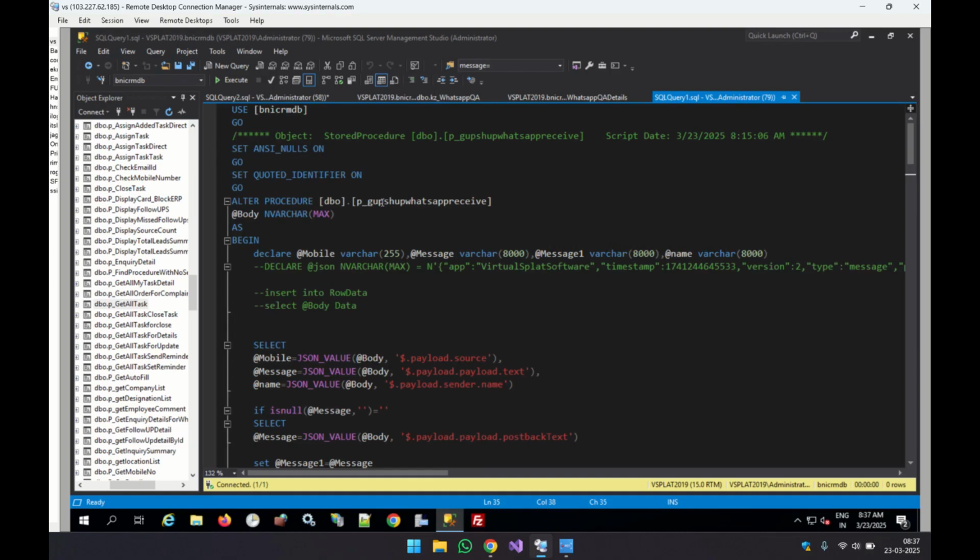But what about the conversation? How will people start the conversation? How will it work? I will explain. Let's say you are making a task manager. Somebody types task and sends it to your chatbot. What will happen? When somebody types task, this procedure will get the data and find what message you have sent. And if you have written task,